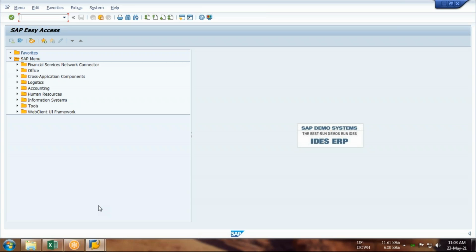Each and every configuration you will get the similar step: document type, document number range. Be it controlling module, be it FI module or MM, SD, whatever. If the question is about posting, then you must check the document you are going to post, that document type has to be there, and the document number range has to be there. So please give the heading document type and document number range.